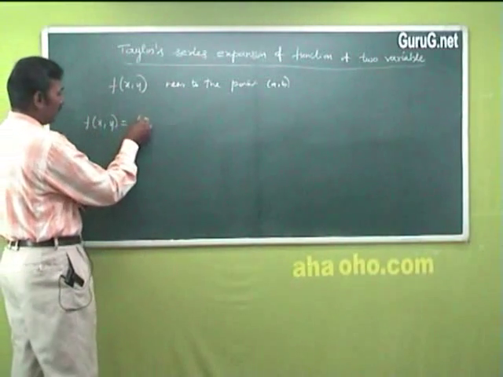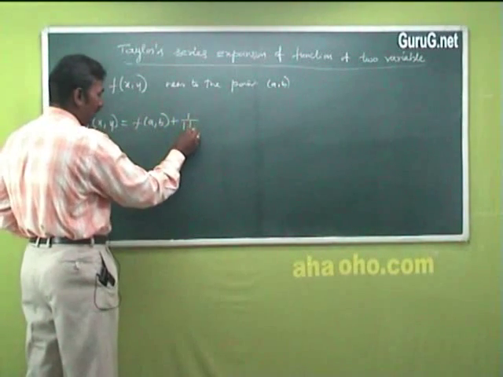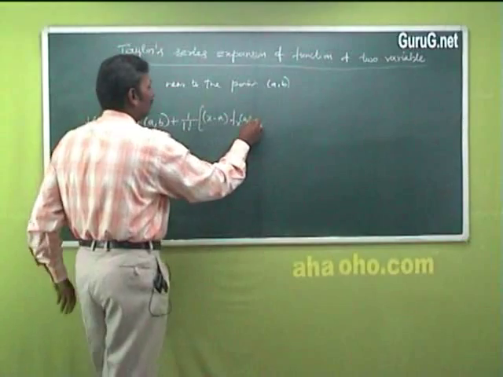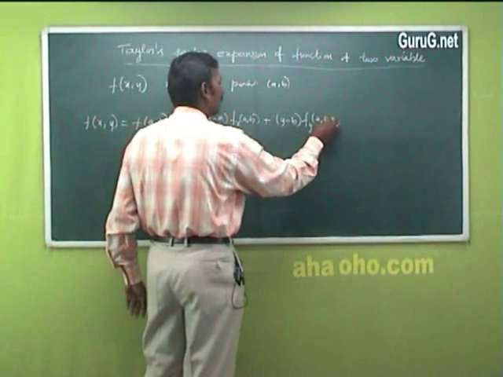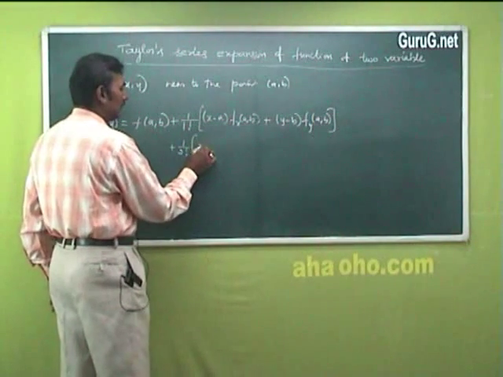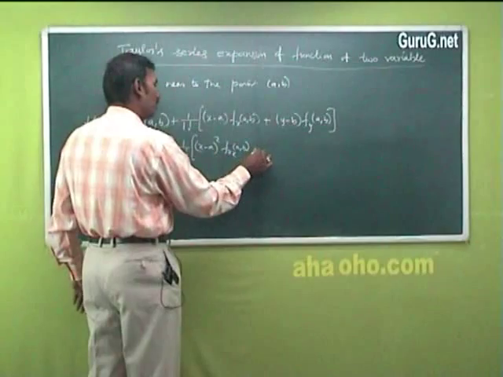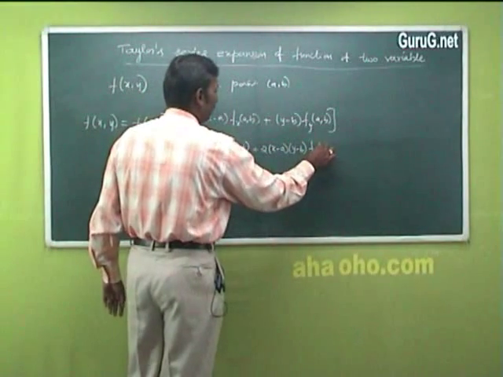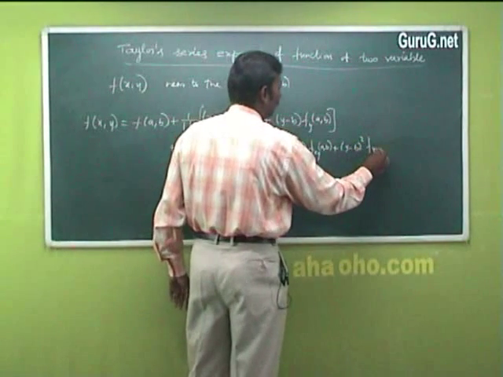a comma b. You remember this formula: f of x comma y equals f of a comma b plus 1 by 1 factorial, x minus a into fx of a comma b, plus y minus b into fy of a comma b, plus 1 by 2 factorial, x minus a the whole squared fxx of a comma b, plus 2 times x minus a, y minus b, fxy of a comma b, plus y minus b the whole squared fyy of a comma b,